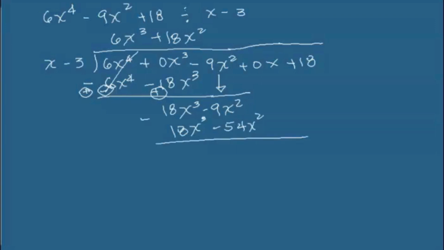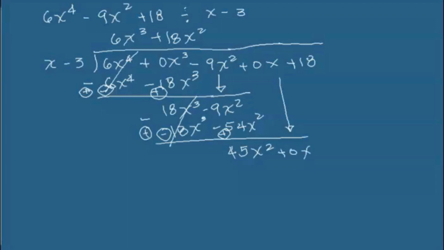And then let's subtract by adding the opposites. 18x cubed plus negative 18x cubed cancel. Negative 9x squared plus positive 54x squared is positive 45x squared. Bring down